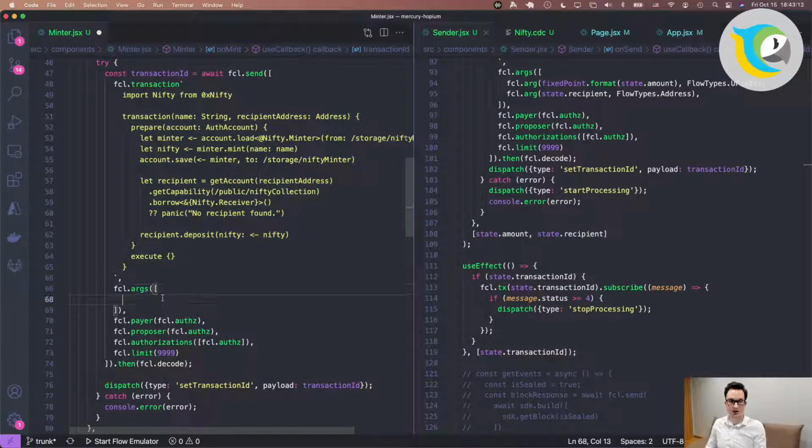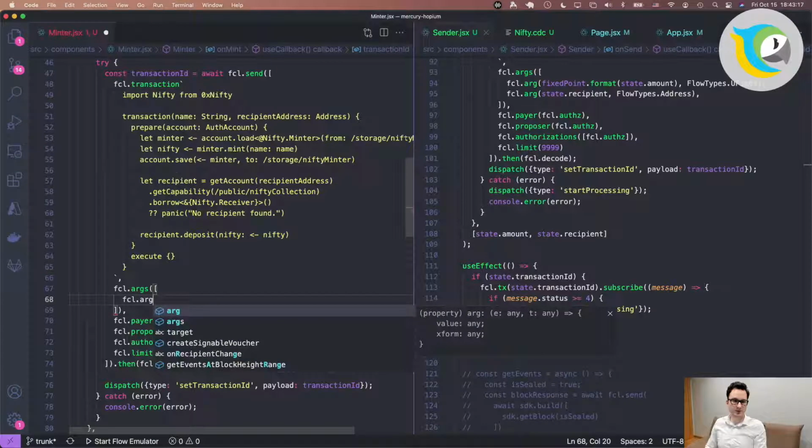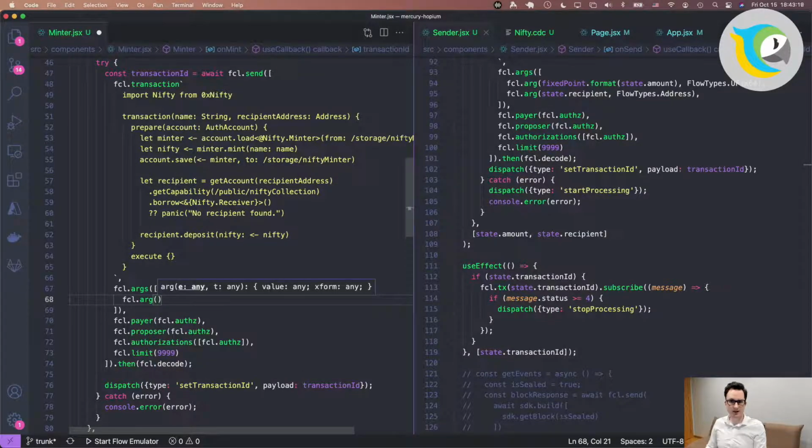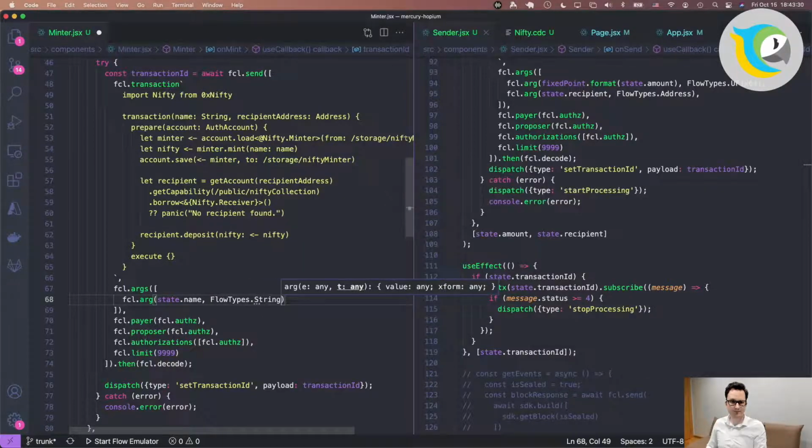Okay, so the name is going to be a string, and we're going to build that using fcl.arg. So fcl.arg takes in, so what are we using? We're using state.name, and then we define the type using types as a string.